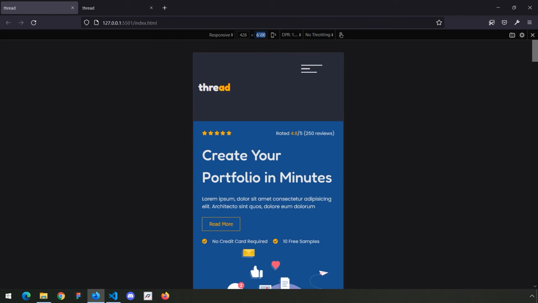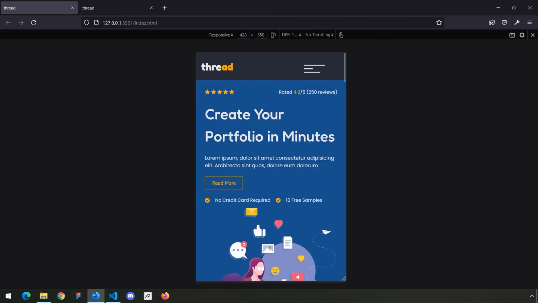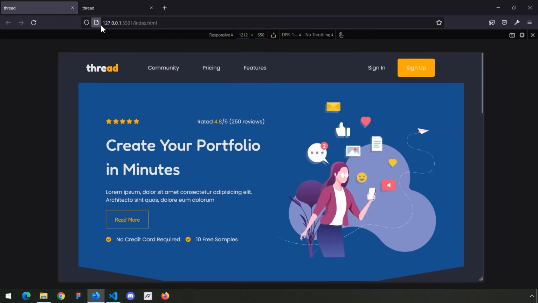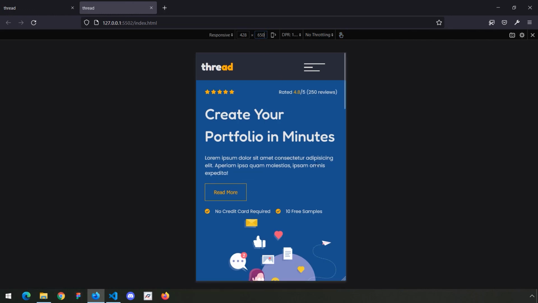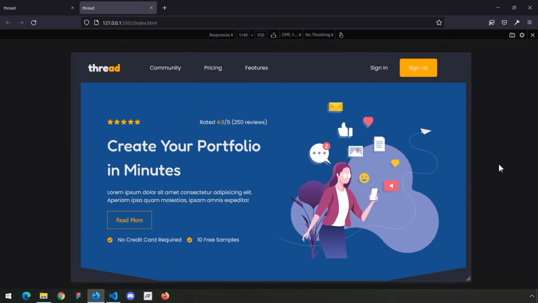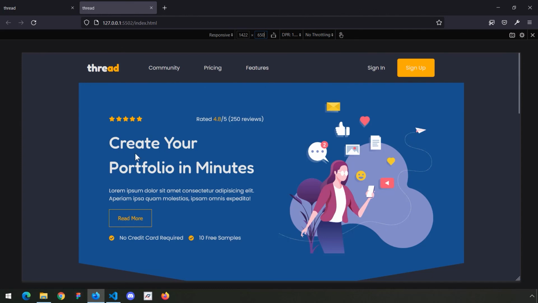650. There we go. And let's just increase the width of the screen, and I'm going to set it to 650, and I'm going to increase the width of the screen. So far we are done with the